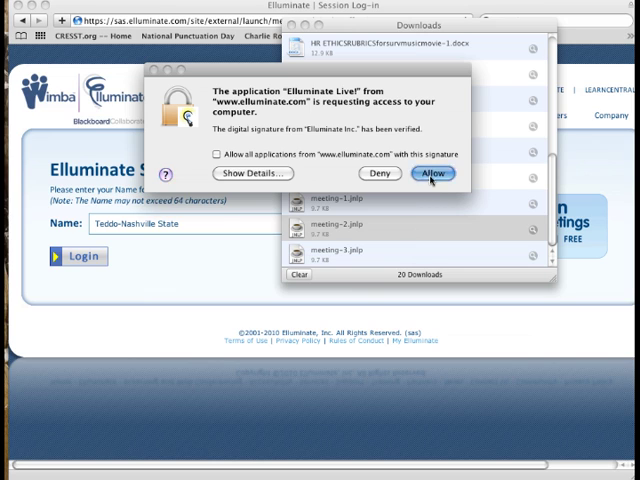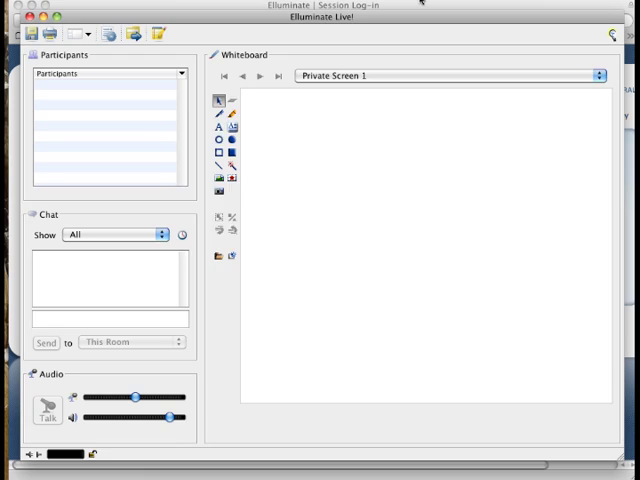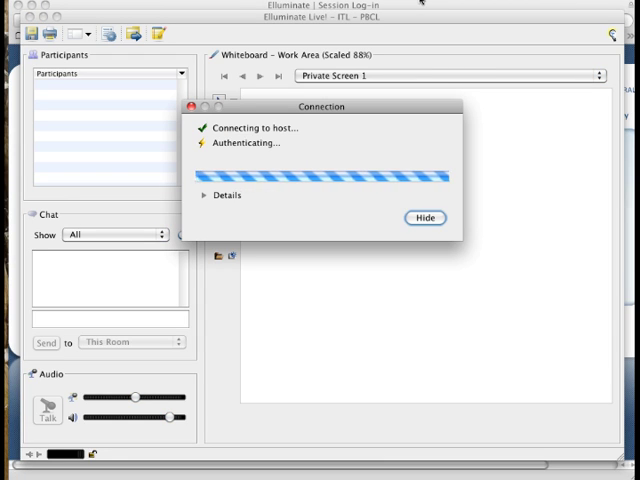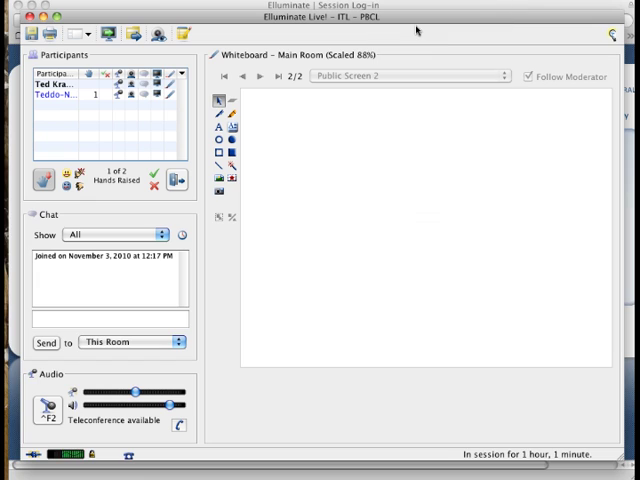I'm going to go ahead and allow this, and you'll see it starting to download those modules. We're going to just let it do what it needs to do. And here we are. So here we are in the Elluminate